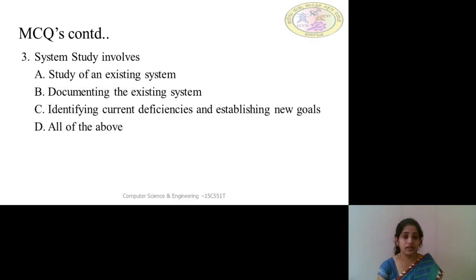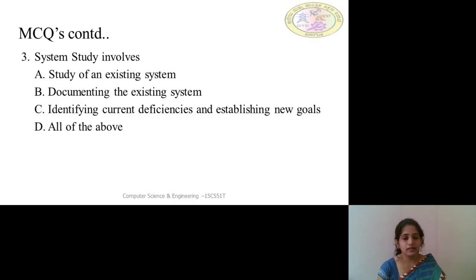Question number 3. System study involves option A, study of an existing system, option B, documenting the existing system, option C, identifying current deficiency and establishing new goals, option D, all of the above.